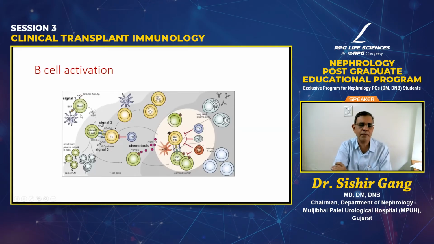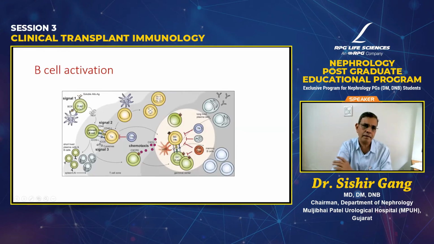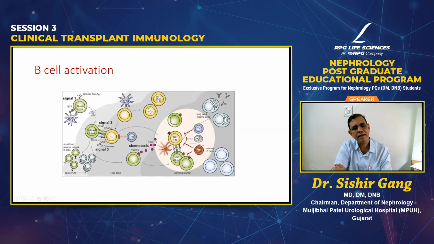Once you bring antigens to the B cells, these B cells already have receptors which recognize these antigens. Once these antigens are recognized, they are actually taken up by the B cells. Unfortunately, the interaction between dendritic cells and the B cell alone is not enough for the B cell to start producing tons of antibodies. It requires help from T cells. Without the help from T cells, the B cells cannot produce antibody. And that's why we said that if the T cells are absent in an animal, they don't mount a rejection, because T cell help is very, very important.